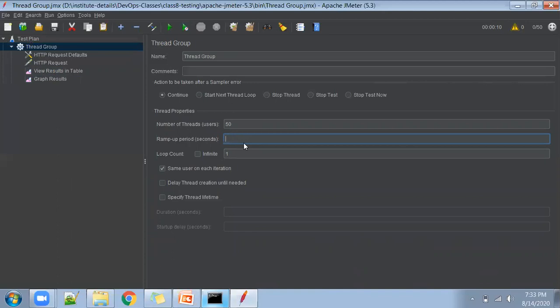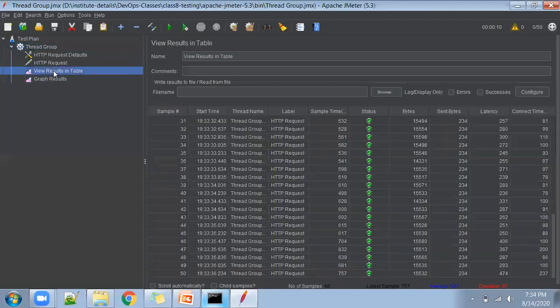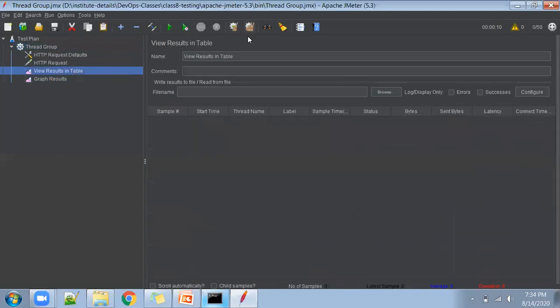We can even put a load like a ramp-up period of 100 and 100 threads, and loop count we can put 10. But if we put it like that, the load will be huge. So I am keeping 10. I wanted to clear first and run it again.